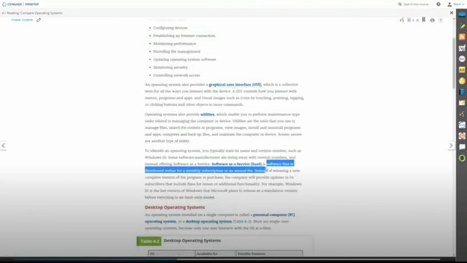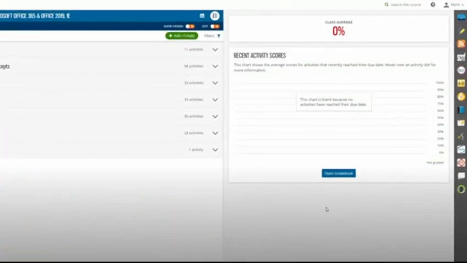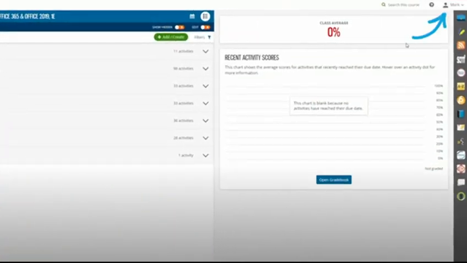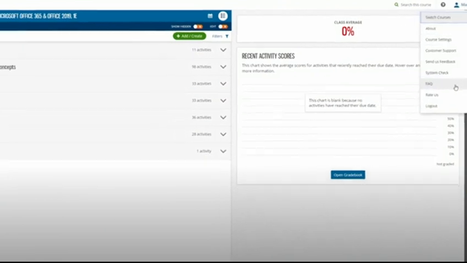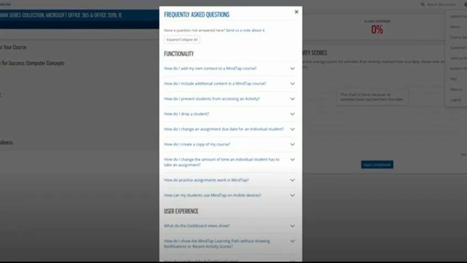All this functionality makes the MindTap Reader a powerful self-study resource. Now let's return to the home page and look at two functions on the drop-down menu in the upper right, FAQs and Customer Support. If you have a question or an issue while working through your course, you can start